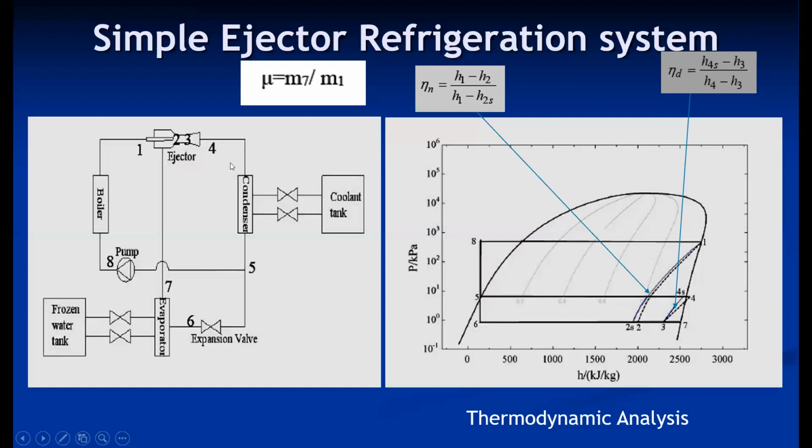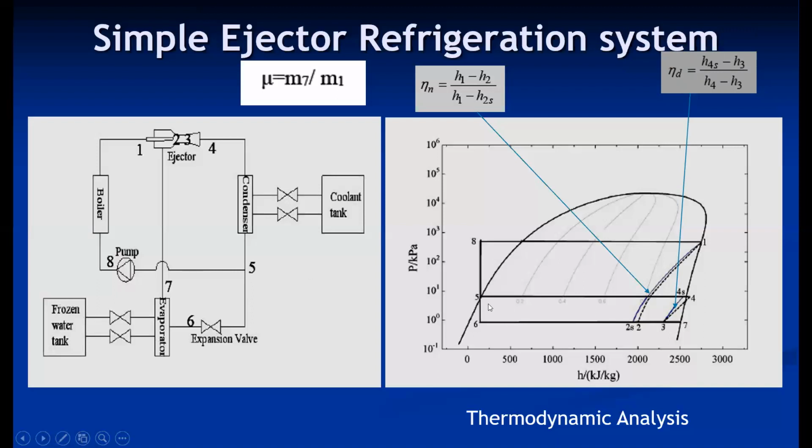Then 4 to 5 is a condensation process, because point 4 is on the saturated vapor line. When it enters the condenser, the refrigerant is condensed, and ideally saturated liquid comes out of the condenser. So at the outlet of the condenser, the state of the refrigerant is saturated liquid. At point 5, the fluid separates. One stream goes to the boiler through the pump, and the other goes to the evaporator through the expansion device.